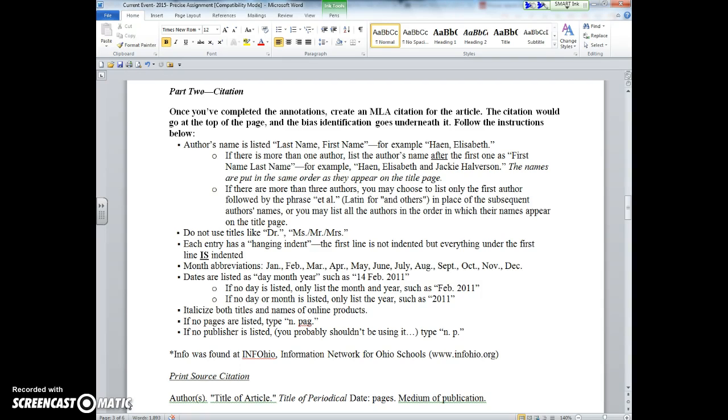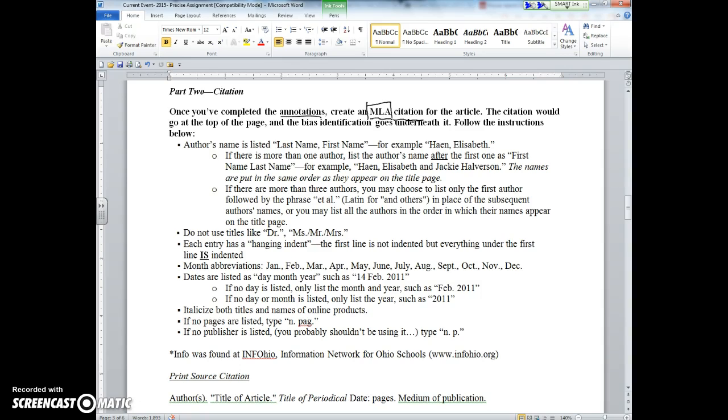Once you've got your annotations done, then you're going to do an MLA citation. Yes, we are using MLA because it's an English classroom. If you master MLA or figure out MLA, the other ones are much easier. There's APA, which will be used in psychology and communications. There's Chicago style, which is oftentimes used in economics. Those are the 3 main ones. There are obviously a ton more, but just be aware of that.